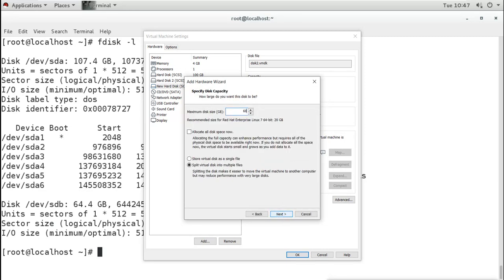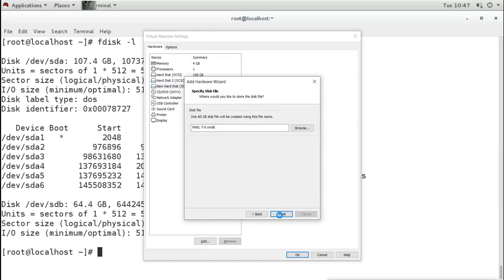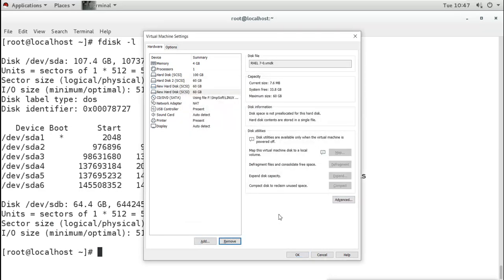Now I will add one more disk, three disks. So 1, 2, 3 we have now.